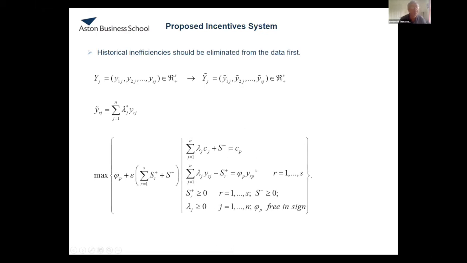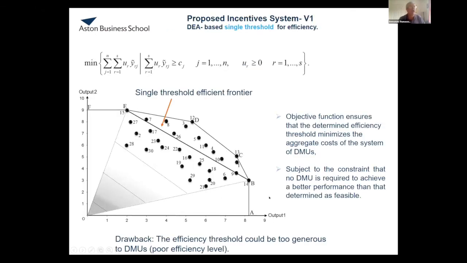maximizing the output levels that it could give you, subject to its observed cost. So essentially, you're projecting all the companies to the efficient frontier. So you're eliminating artificially from the data inefficiency. So now you get a data set in which you have the outputs set to the efficient level. So in terms of the graph that we were looking at earlier on, they're all on that efficient frontier. If you did that, then one way in which you can include more companies, but not the one that we are suggesting, one way in which you could do is you can, across the whole system, you can set up